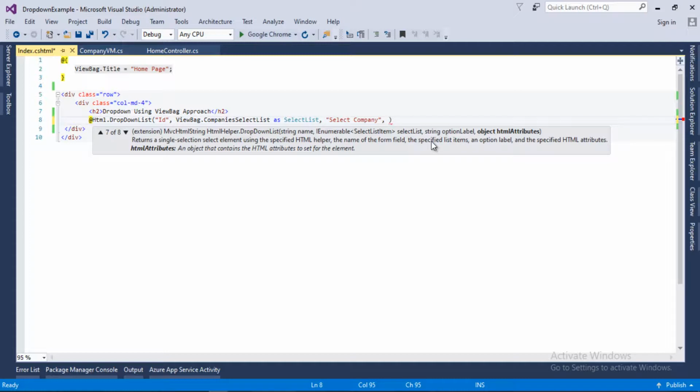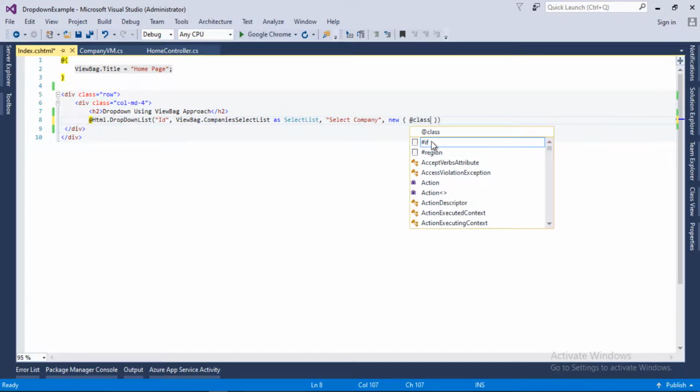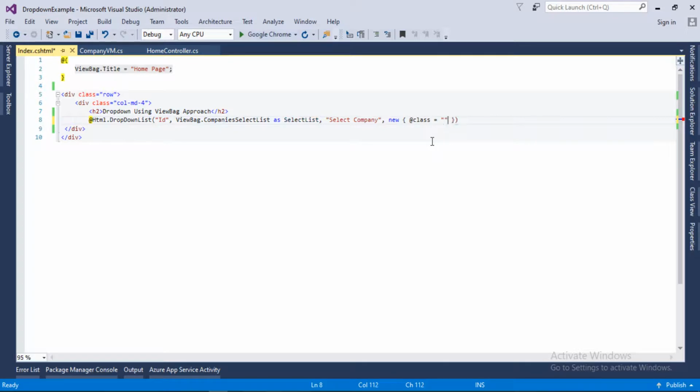And for the last one, we need to pass the HTML attributes, so a new HTML attributes object, and in this we need to pass the class, and the class will be form-control. This is the Bootstrap class, and I hope you are familiar with Bootstrap.